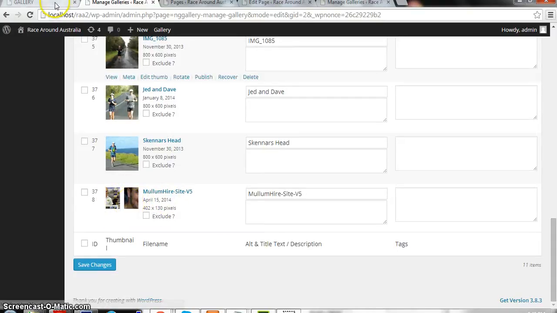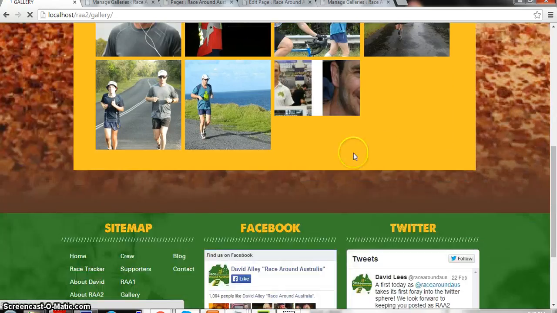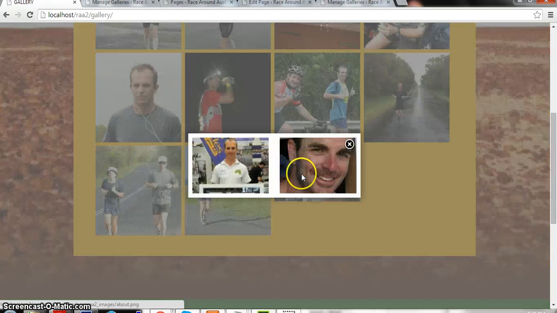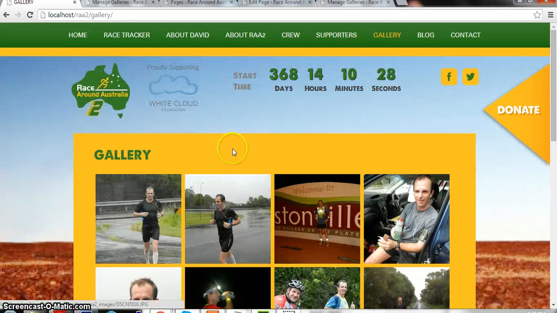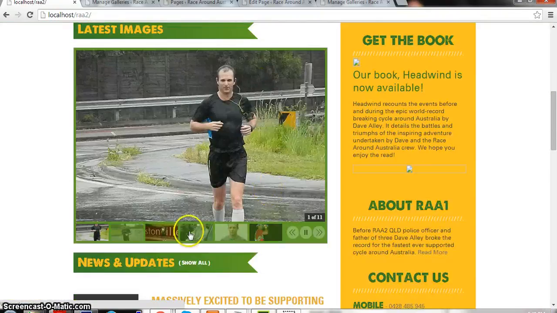So let's navigate to the gallery page of the website. As you can see, it's already added here. Same as on the home page or the latest images, it will also be added here.